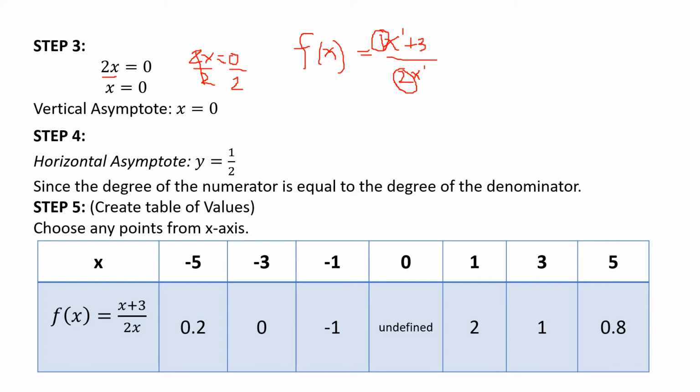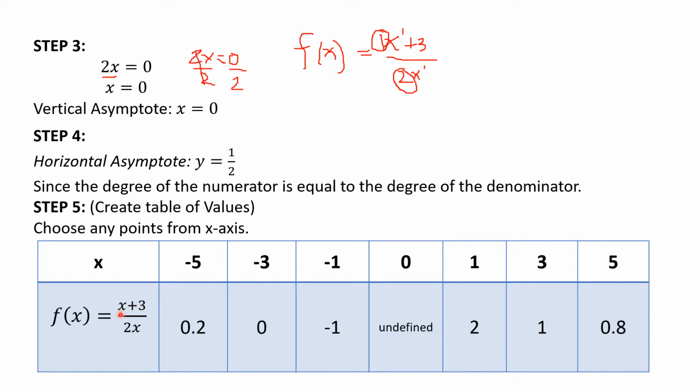And then, I also chose 3 points on the right side of our vertical asymptote, which are 1, 3, 5. It depends on you, as long as the points you choose are on the x-axis. Okay, so let us substitute here. Since the first x value we took is -5, substitute in our